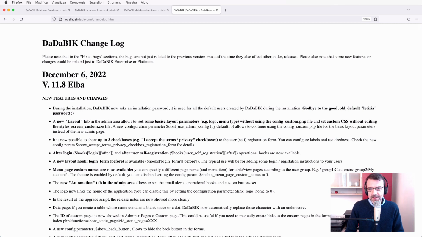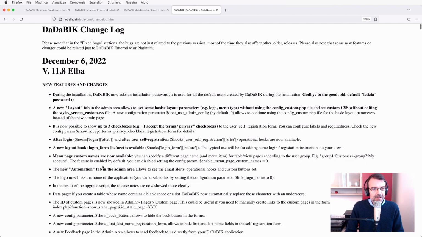Some of them have been developed for an orders management application. I've been working on it during the last few weeks for a customer. The development of that application was very useful to realize some missing things that DaDaBIK needed to have, and here we go. Now they are implemented. So let's go again through the changelog. Well, the very first thing is